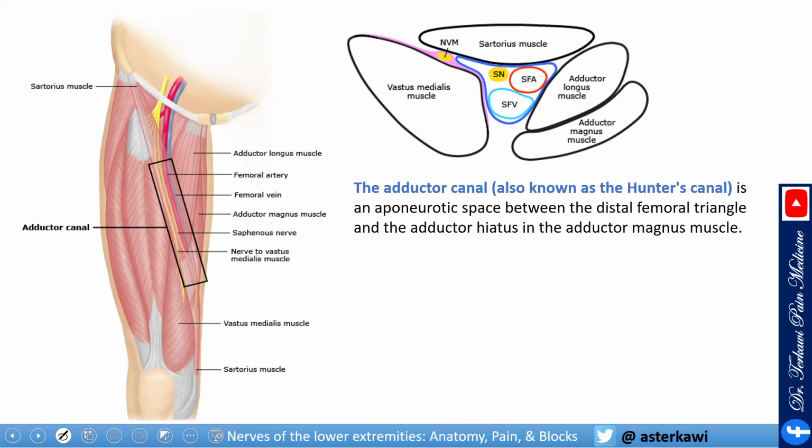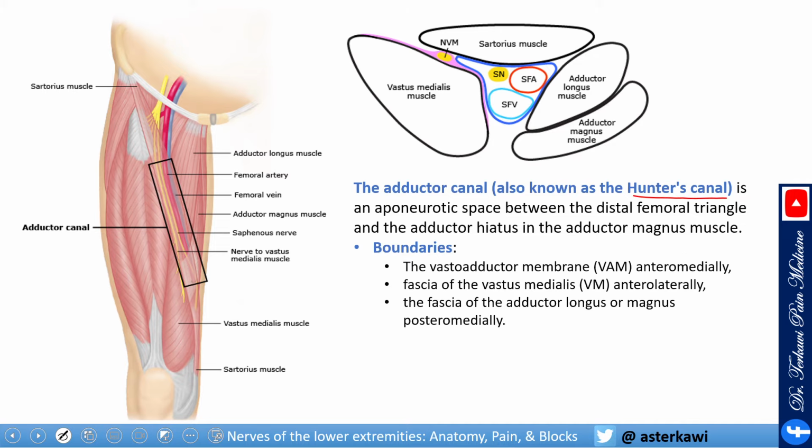Now, the adductor canal, also known as Hunter canal, is formed by the vasto-adductor membrane anteromedially. So that's the vastus medialis, remember that. And then the fascia of vastus medialis anterolaterally, and the fascia of adductor longus or magnus posteriorly. So that's fascia. But if you look at muscles, so